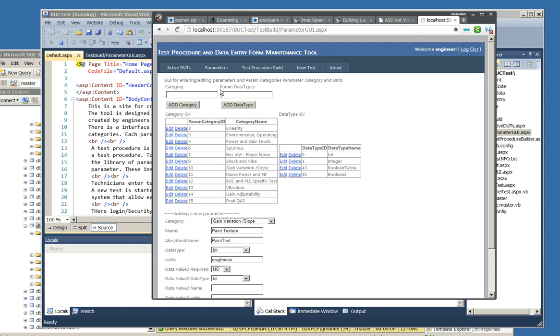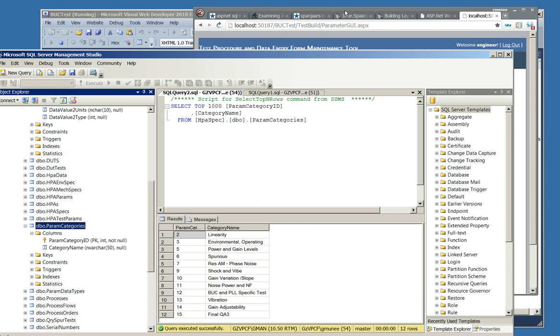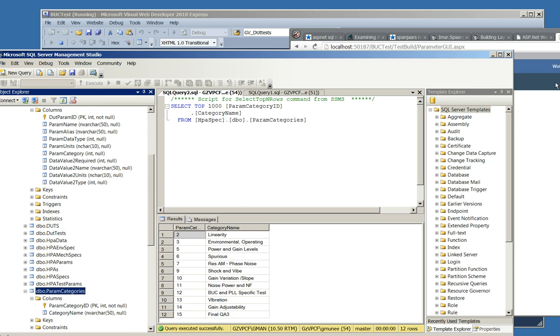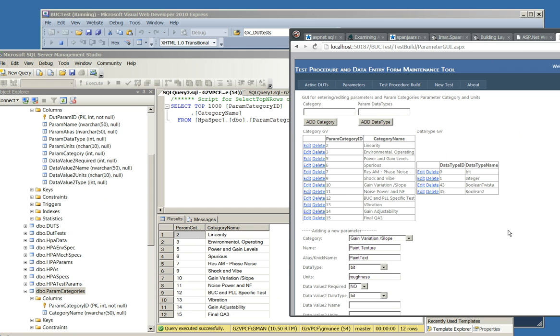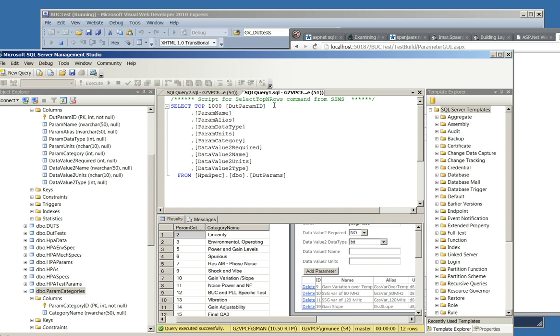If I want to add a category, and these just make calls to inserts, and again, those are all going right here. If you notice, I see a lot of similarities. That's just doing a select on this table. Same table right here, and down below you can actually see the DUT parameters. When I come over to this guy,